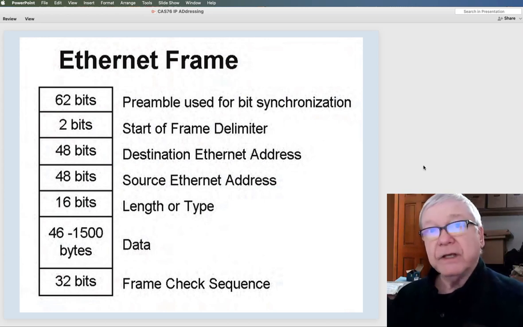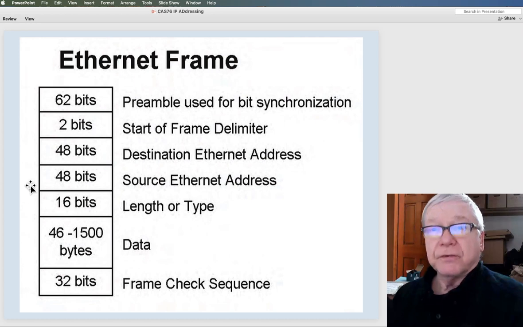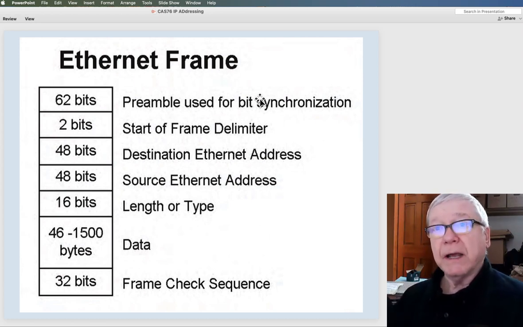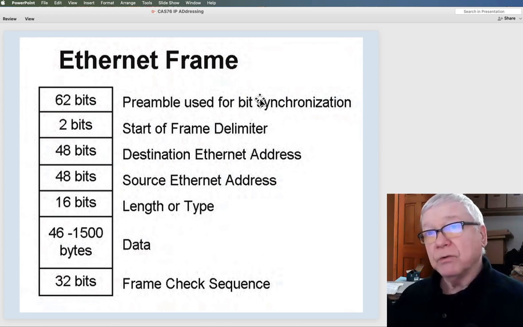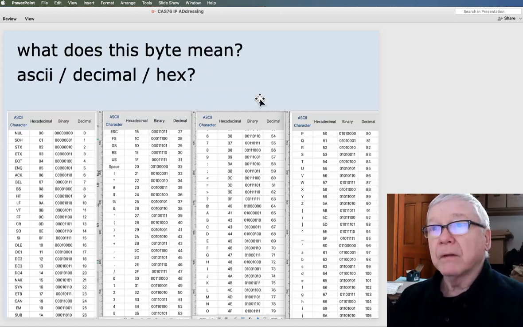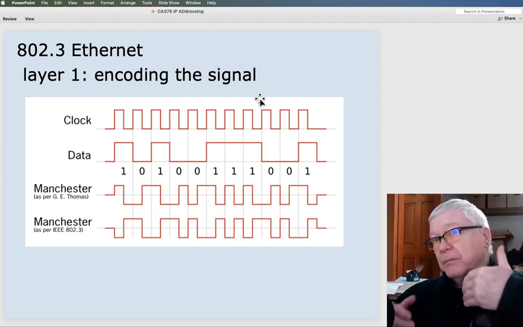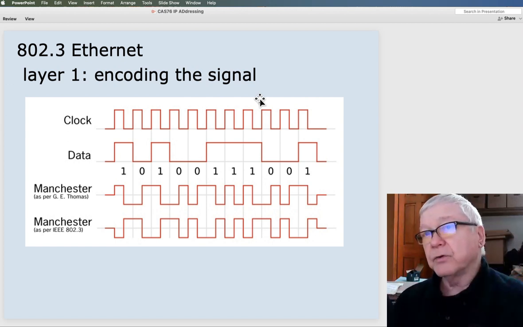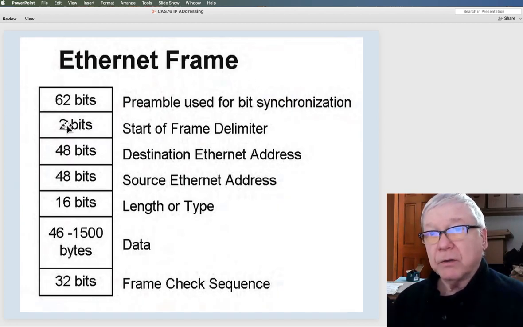And in the case of Ethernet, if we're using that as our connection medium, this is how things are defined. We're going to have a preamble, which is like the headlights coming down the road. Something's coming down the road. Let's synchronize with this. Right? We've got a clock signal that I'm using. Data comes in. I synchronize with that, and I interpret that. And then here's the frame delimiter. Okay, here's the beginning of the information.